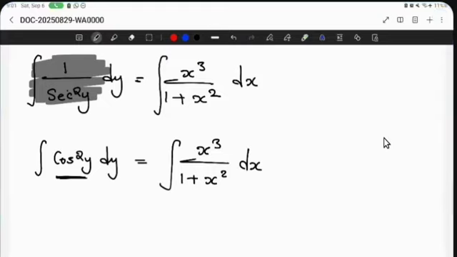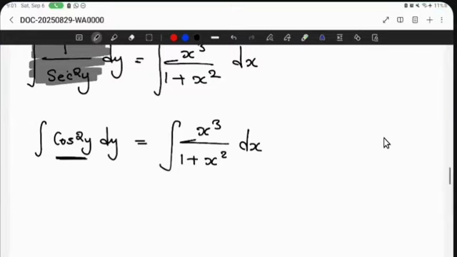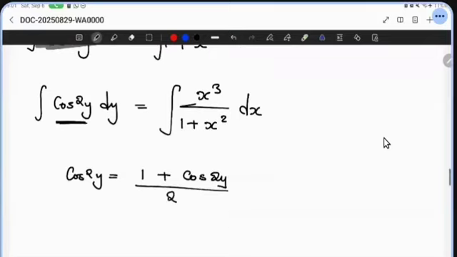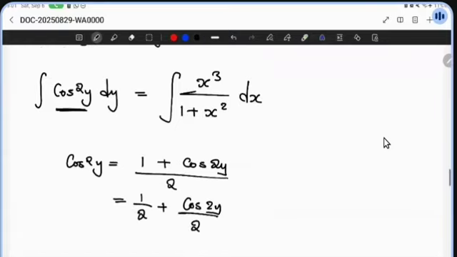Can't we just use that identity, cos squared equals 1 minus sin squared? Cos squared y is 1 plus, not minus. The one with minus is sine. So cos squared y is 1 plus cos 2y over 2, which is basically 1 over 2 plus cos 2y over 2. So if you have to integrate this now,